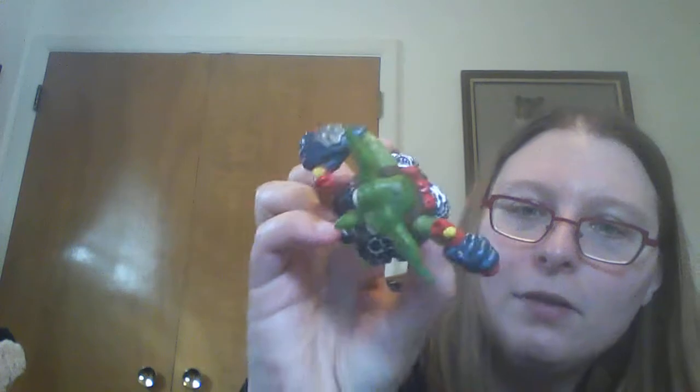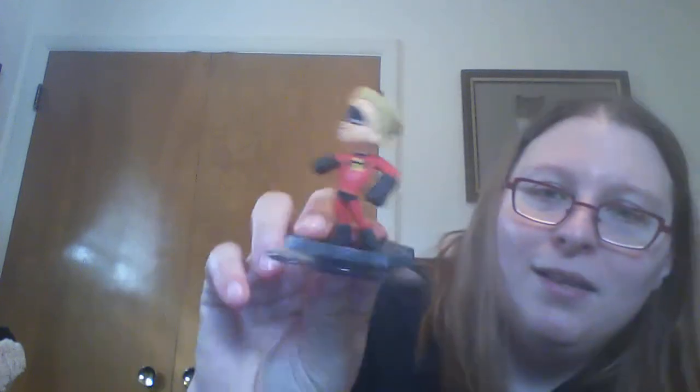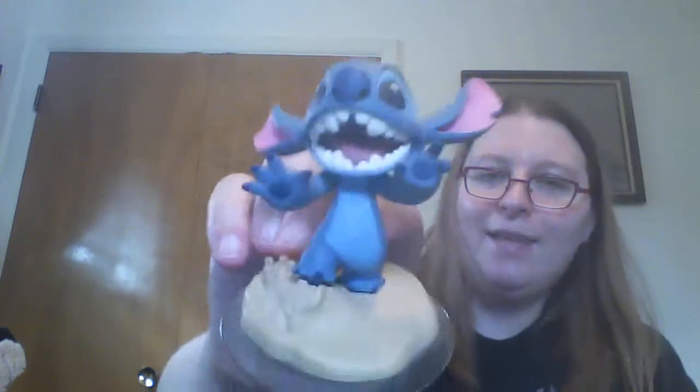And then I found some figures at the same sale. So my Skylanders collection's growing. I found this little troll-like dynamite throwing creature with gears on the bottom, and this kind of dinosaur lizard thing that reminds me of a creature from Ice Age. And it might be a creature from Ice Age because I don't know the Skylanders line that well. So got those 2. And then from Disney Infinity, to add to Maleficent and Tinkerbell, I got Dash from The Incredibles, from the original, and Stitch! Who doesn't like Stitch? So, a cute little Stitch figure. I think for the 3 pins and the 2 and the 4 figures, I paid $3. Not bad. Alright, please excuse the plastic bags. I'm trying to keep things somewhat organized. It's never going to happen, but...